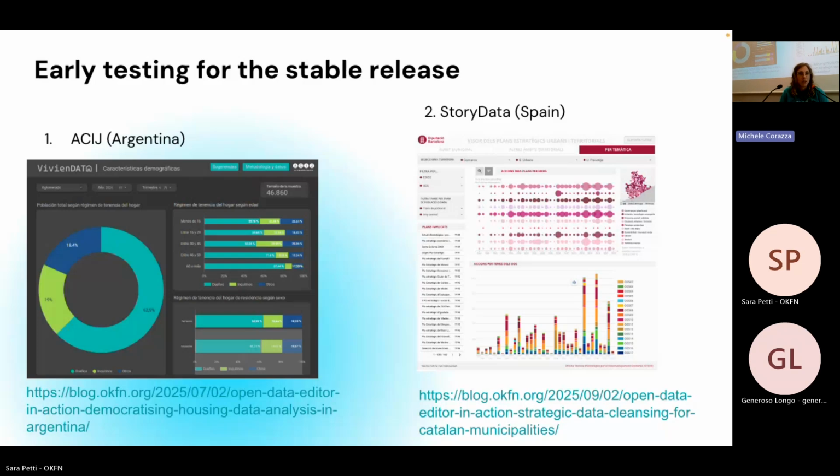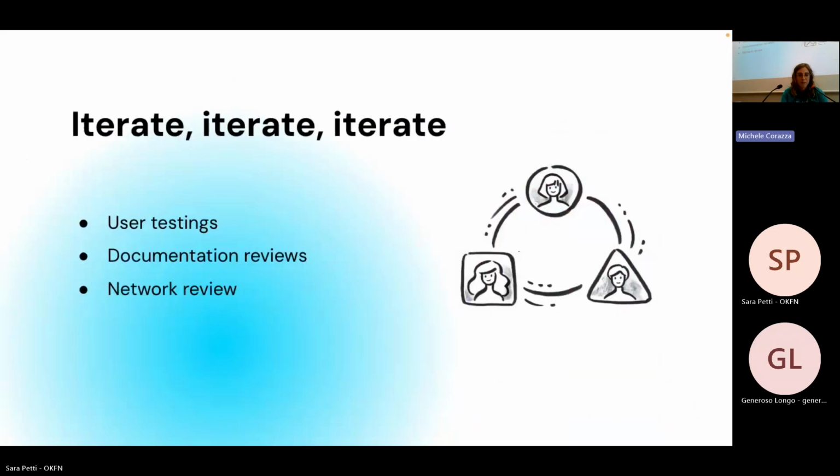And so we tested Open Data Editor together with them for 1.5 months, and the pilot idea was actually a winning one. So I would definitely recommend trying to partner up with organizations over a long period of time, if possible, to try to understand if what you're building makes sense and is a real solution.